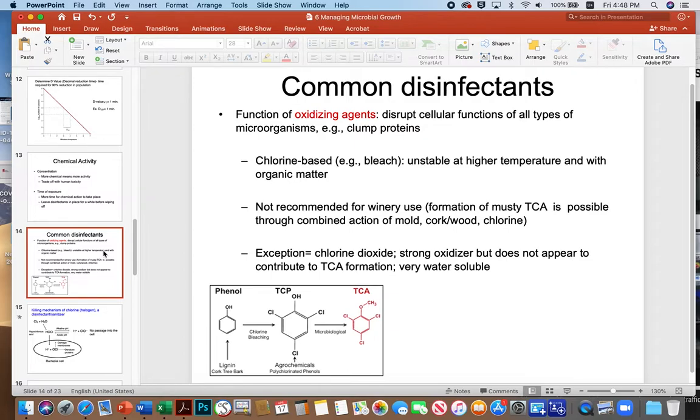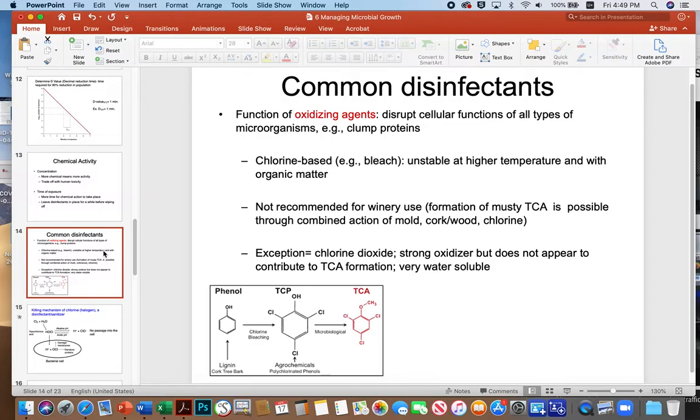And the other issue is organic matter can often inactivate chlorine-based disinfectants as well. So it's one of the reasons why jacuzzis, for example, have to be constantly monitored if they're getting high use. So you put a bunch of oily people in a jacuzzi, and it's not long before the chlorine will be inactivated. So, they're not recommended for winery use, these chlorine bleach-based cleansers, primarily because of the formation